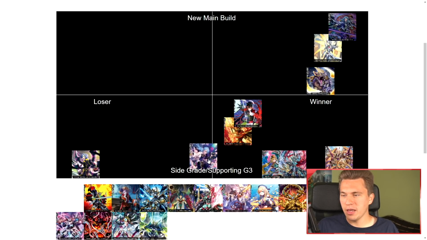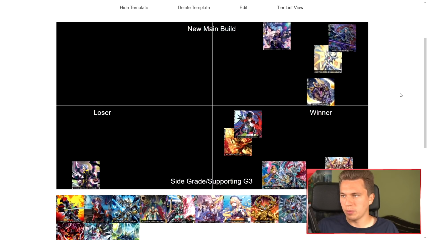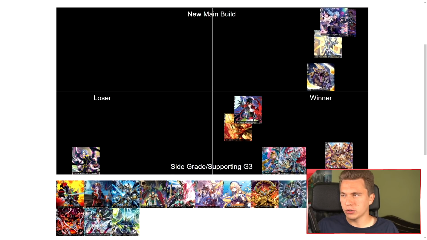This is definitely a side grade, but it's a new main build. In my opinion, Bunnies are insanely good. Wow, this scrolled up all the way to the top. I think Bunnies are insanely good. They're very, very strong. Honestly, way up here. I think we can put them way up here because Bunnies are just a super winner of this set,